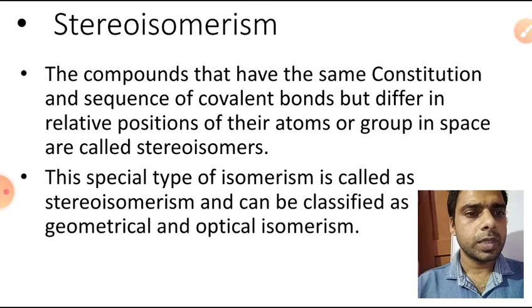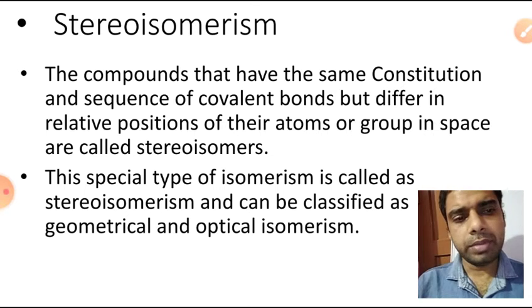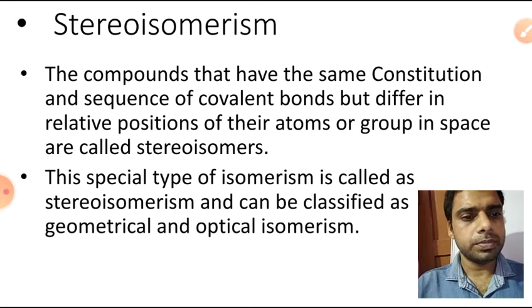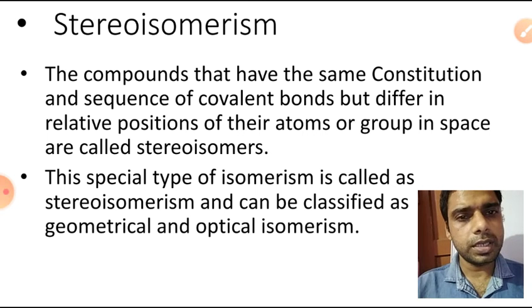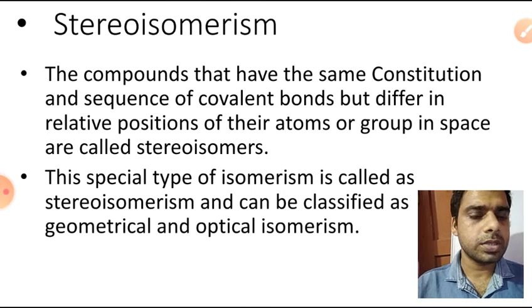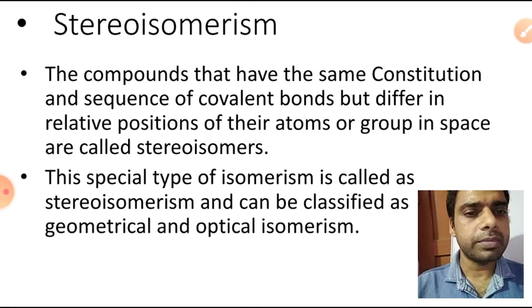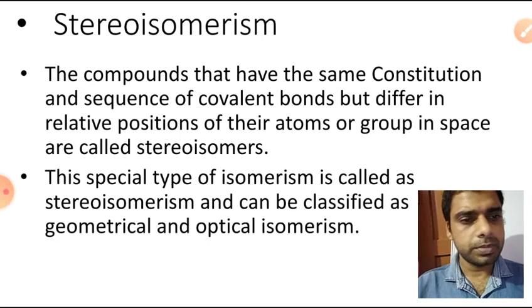Okay, now, as you have done in the first one, that is structural isomerism, the four types you have done in that. The second one is stereoisomers, and here it is also classified into two categories: geometrical and optical isomerism. Then geometrical is further classified into cis and trans. Optical isomerism is given in detail in the next section.